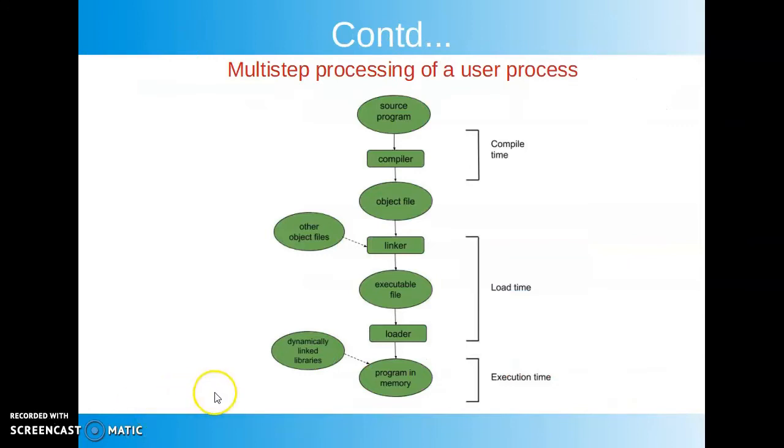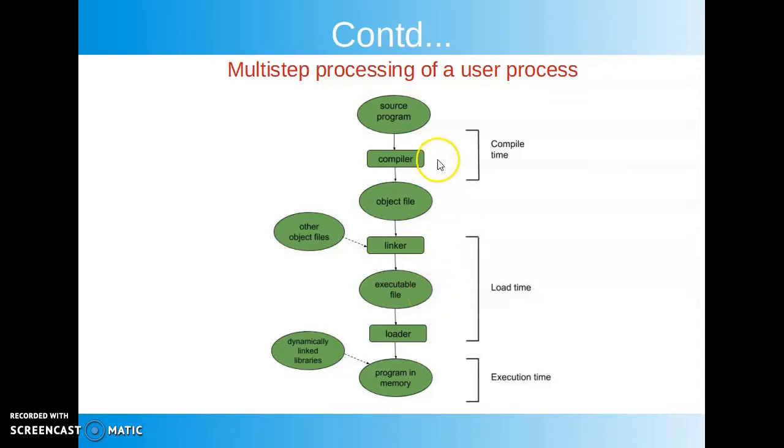This figure demonstrates the execution of a user process and different stages in the execution. When a program is written in high level language, it is known as the source program. To convert it into machine understandable form, compiler compiles it and generates the object code. This object code may be linked with other object files if required by another software which is a part of the operating system, that is the linker, and final executable file is generated.